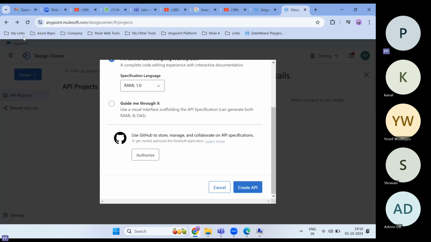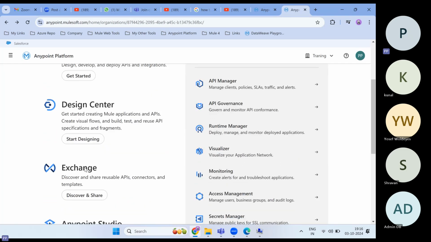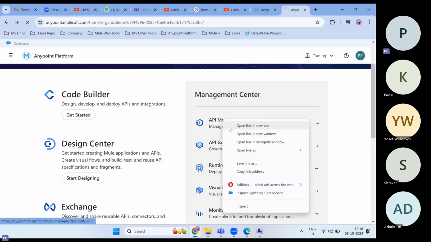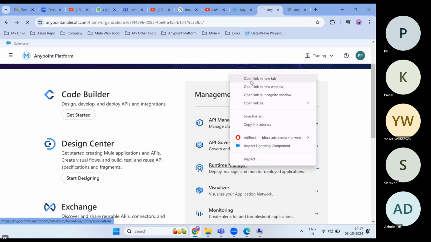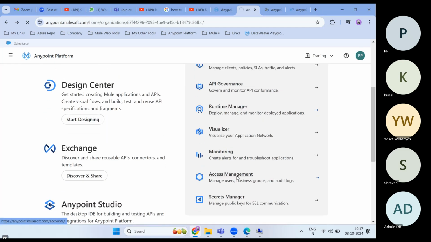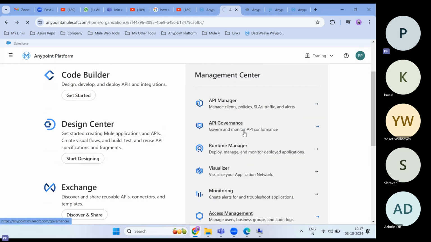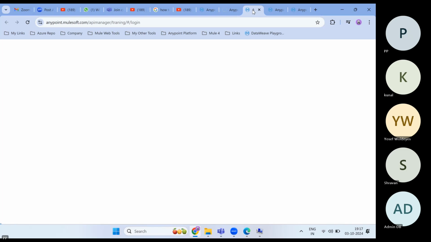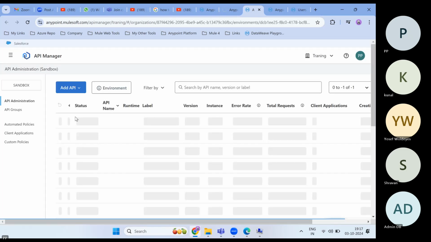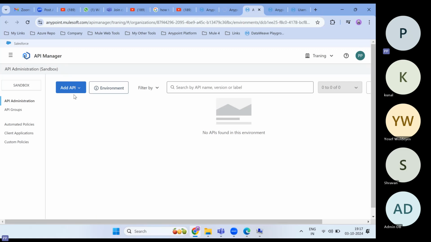Just go back. So this is our Exchange. Click on this Discover and Share option. Let me open the tabs: Access Management, Runtime Manager, API Manager. So in API Manager,